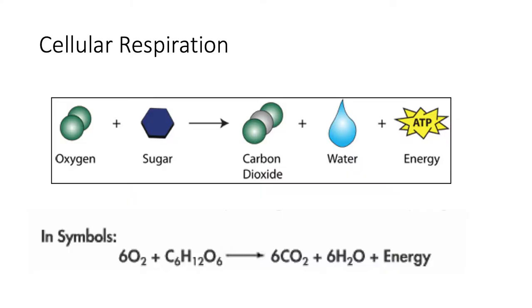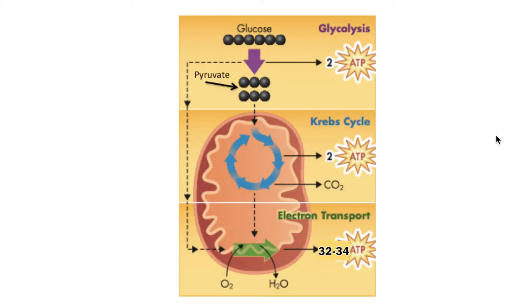The electron transport chain is part of cellular respiration, and the whole goal of this process is to take sugar, to take glucose, and to break it apart with the help of oxygen to get some energy in the form of ATP. An overview of cellular respiration shows us that there are three main steps: glycolysis, the Krebs cycle, and